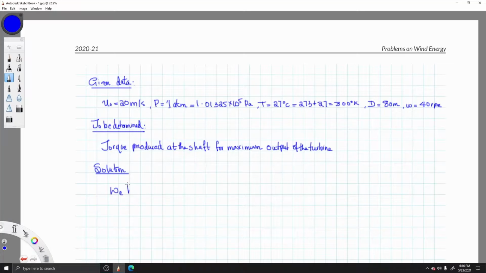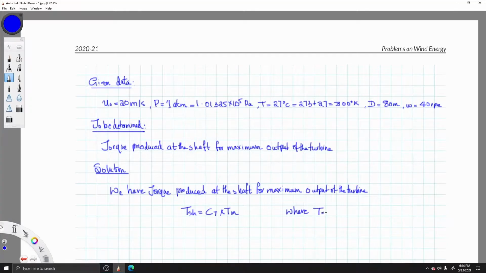So we have the torque produced at the shaft for maximum output of the turbine is given by the equation TSH equal to CT into TM, where TSH is the torque produced, which we have to find out,